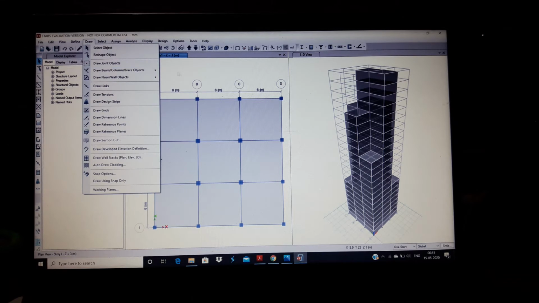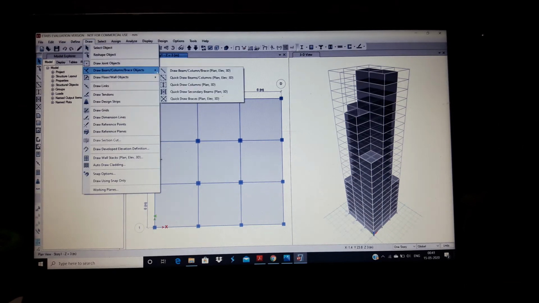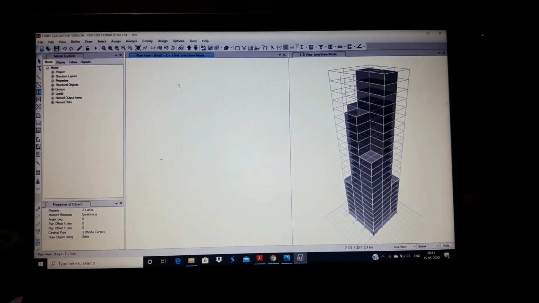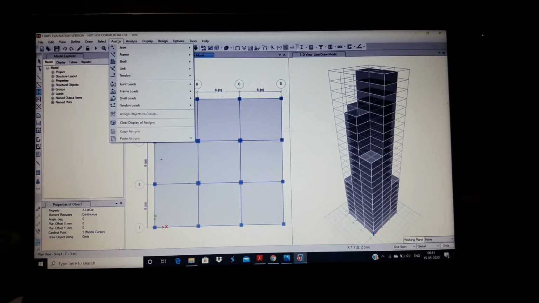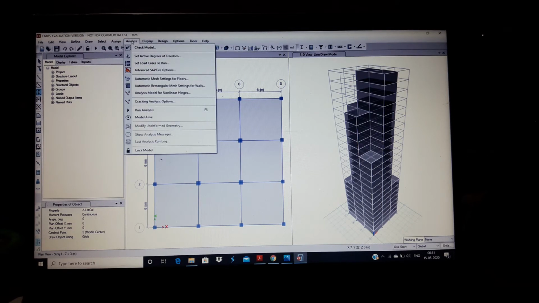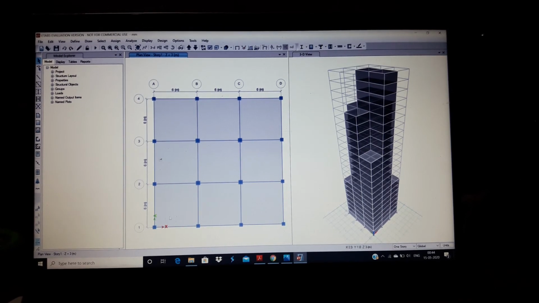So to draw, firstly go to the story 1 plan view and then draw by quick draw columns. Firstly columns and then beams and then slabs. You need to select all and then draw it. As you can see here, first story is 1 to 8.